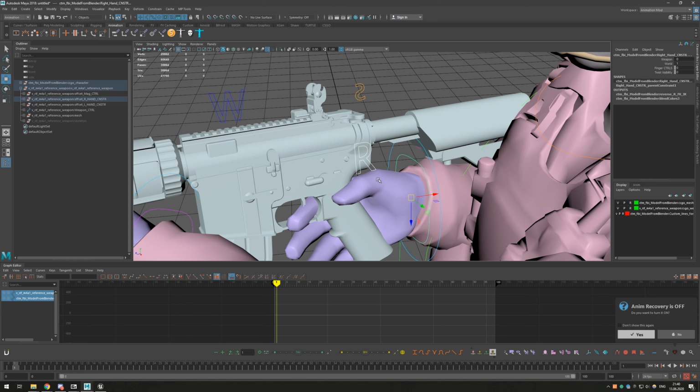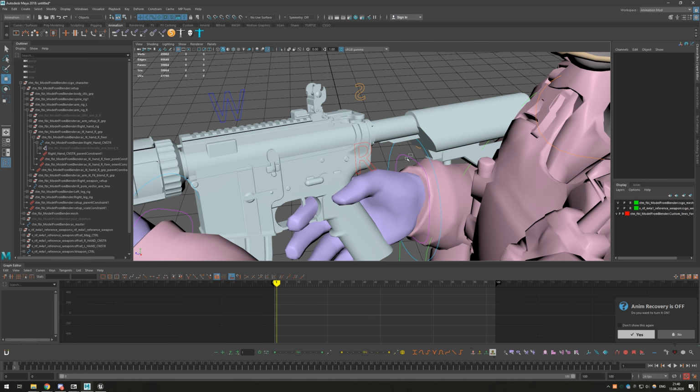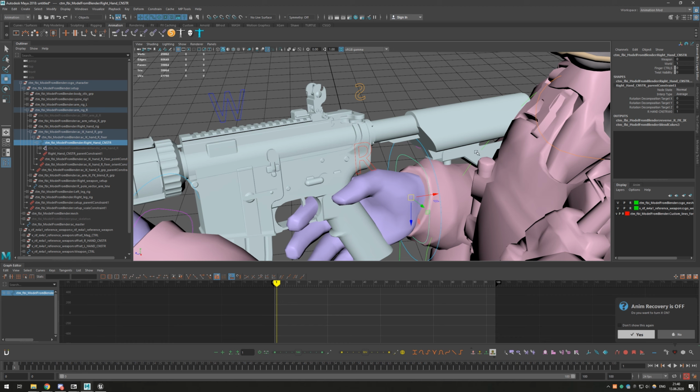Alright, that's first. Then select the control, hover your mouse over to the outliner and click F to find the control in the menu. Now press plus and you will see the constraint we've just added. Alright, we will need it now. So first select the shape, the hand constraint.